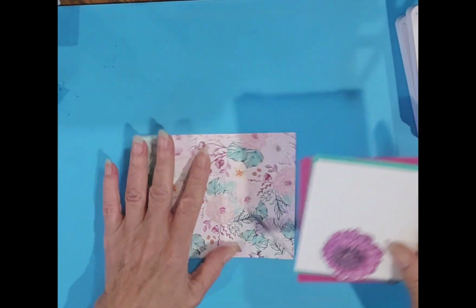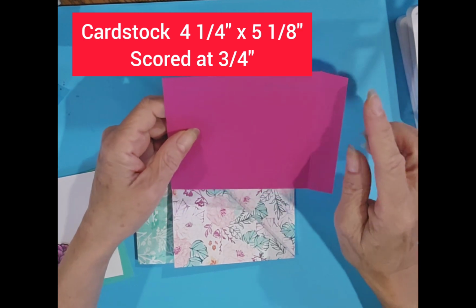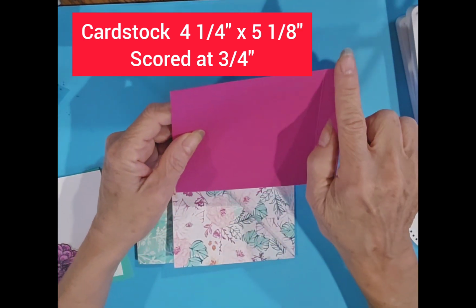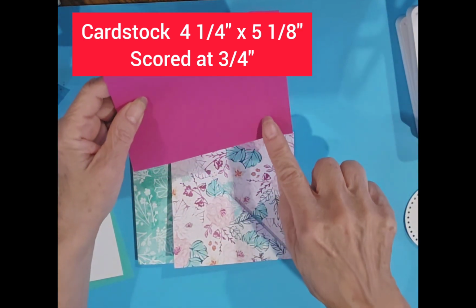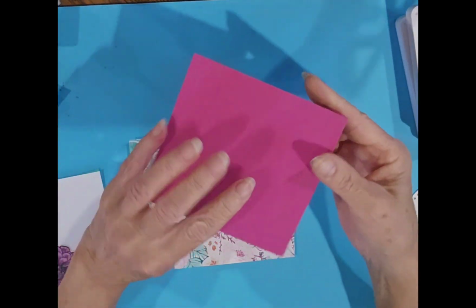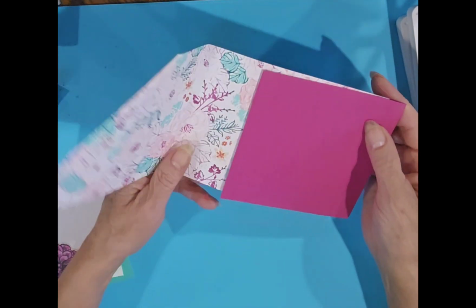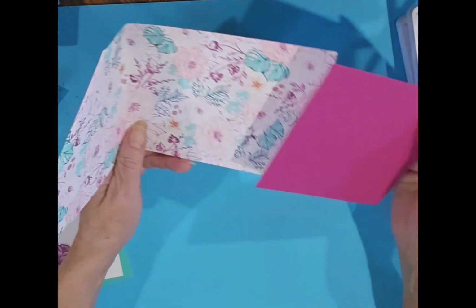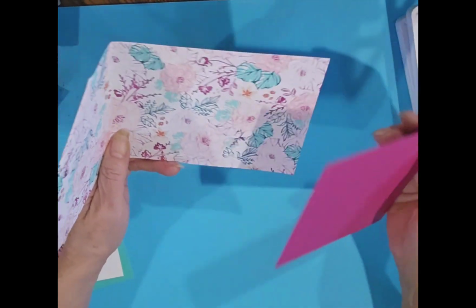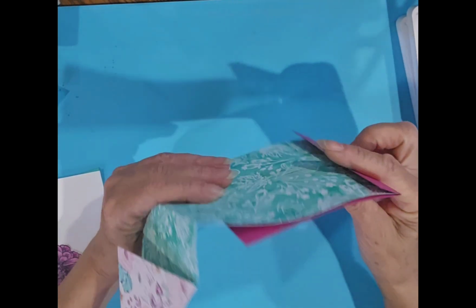So next thing I'm going to do is bring in my cardstock. So this piece measures 4 1/4 by 5 1/8, and it's scored at 3/4 of an inch. And you're just going to fold that flap down, and that's going to make a little tab so that you can attach it to your cardstock. So all you're going to do is take the edge of your cardstock and bump it up right next to that score line that's there,